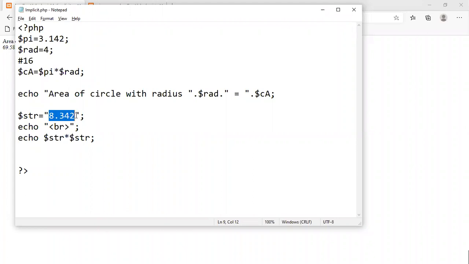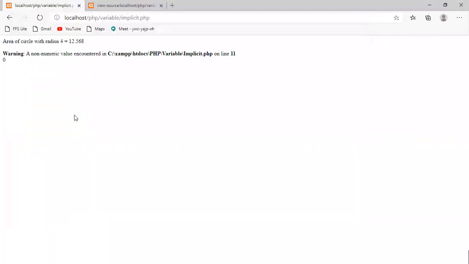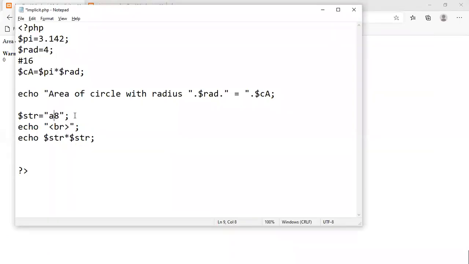Even though we are working with a string, it will convert it into an integer or double based on this. Example here, I will give ABCD. Wait till it is converted. No, sure, it is not going to be converted. It might throw an error because it has to start with a digit only. Either a minus symbol or a plus symbol you can specify. It has to start with a plus or minus symbol or a digit only. Remember this one. I hope you understand this implicit conversion, how you can do it.